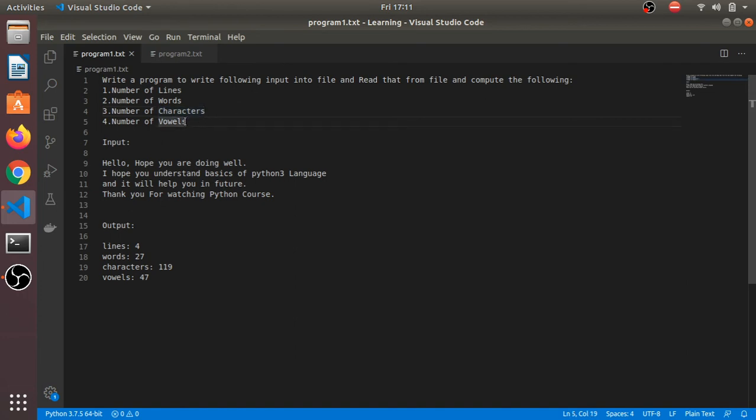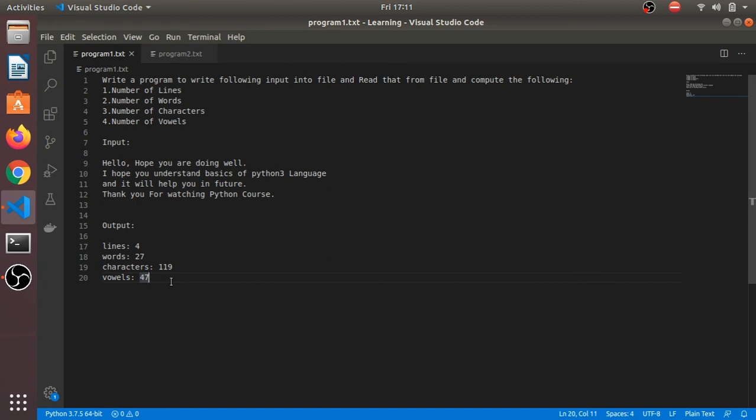If you count these things for this input, then you will get this output. So you need to print this type of output. This is basically the first program definition.